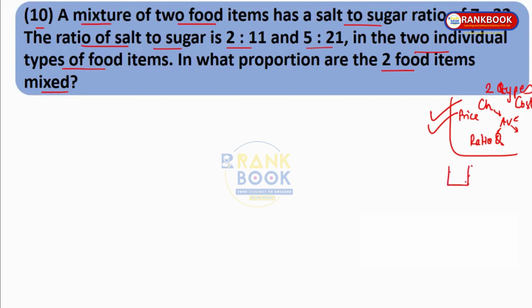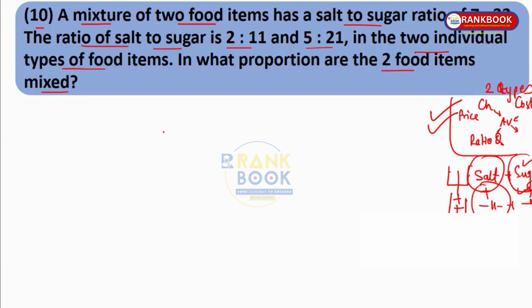Now say this is a mixture, it has salt and sugar. Then there is another mixture, this also has salt and sugar. Whenever we mix these two, this amount of salt over here will also get mixed and the amount of sugar will also get mixed, right? So even if we consider salt and find the values, we'll be able to find the values of sugar or the values of the total mixture. Same way, even if we consider just one quantity, sugar, we'll easily be able to find the amount of salt, right? So what we have to find out first is which one to take.